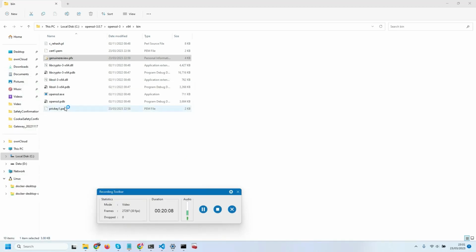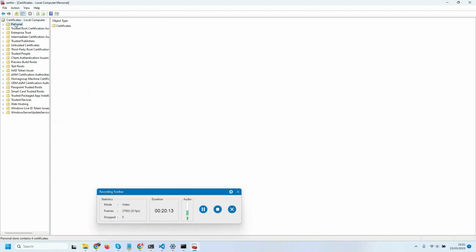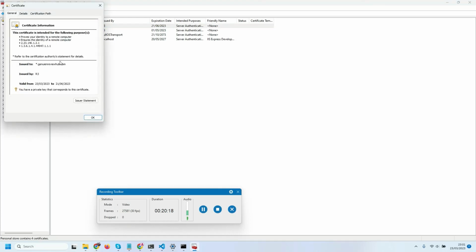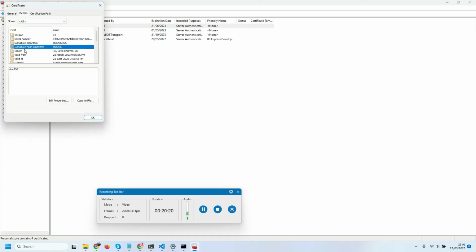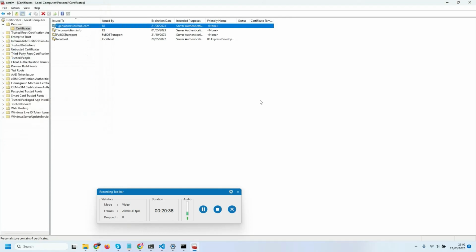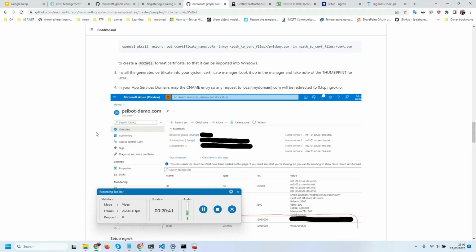and check personal certificates. This one I will need the thumbprint. Where is the thumbprint? This one. This value I will need. Let's see if it is copied or not. Yeah, it's copied. 7C last. So I copied the thumbprint, and now I will need